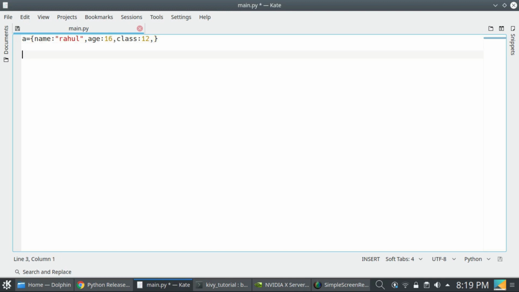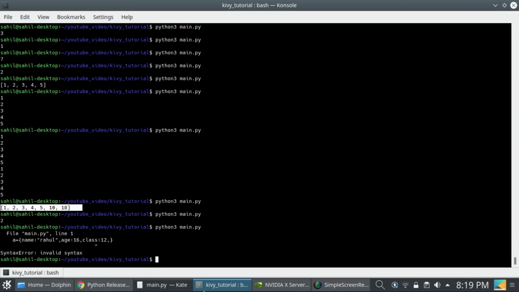And you can access a value of the dictionary by the name, print a of name. Valid syntax.